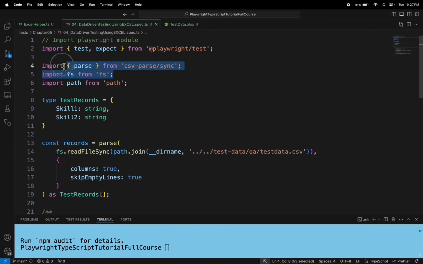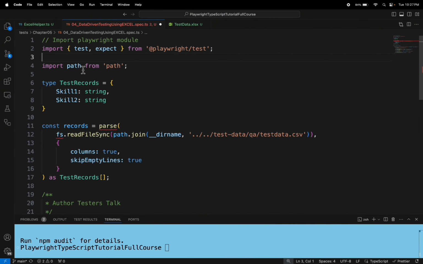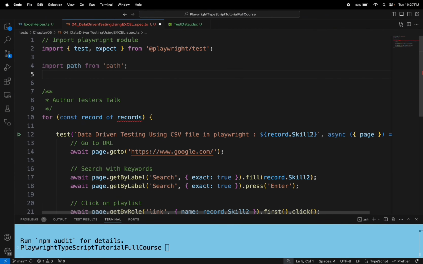So here I will keep only the path import. So we need a path to get our Excel file path. So I will delete the rest of the stuff here. So that's it, guys. Now what I will do is, firstly we have to import our